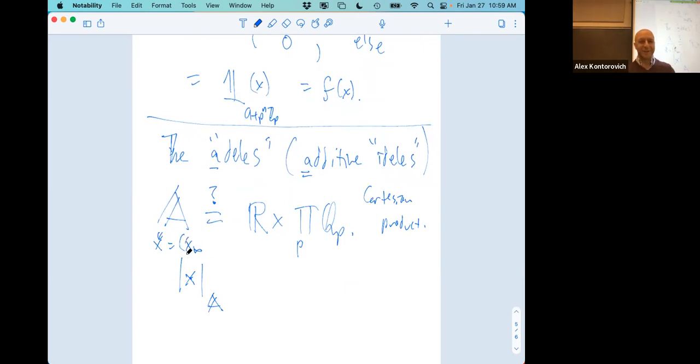Actually, type theory is quite useful for this. This is of type R. Then there's x_2, which is of type Q_2. Then there's x_3, which is of type Q_3. Then there's an x_4. Okay, good, you're paying attention. There's an x_5 of type Q_5, and so on. So it's just this infinite sequence, x_infinity, x_2, x_3, x_5, x_7, x_11, and so on, indexed by the primes, one for each component. It's exactly what a Cartesian product is.